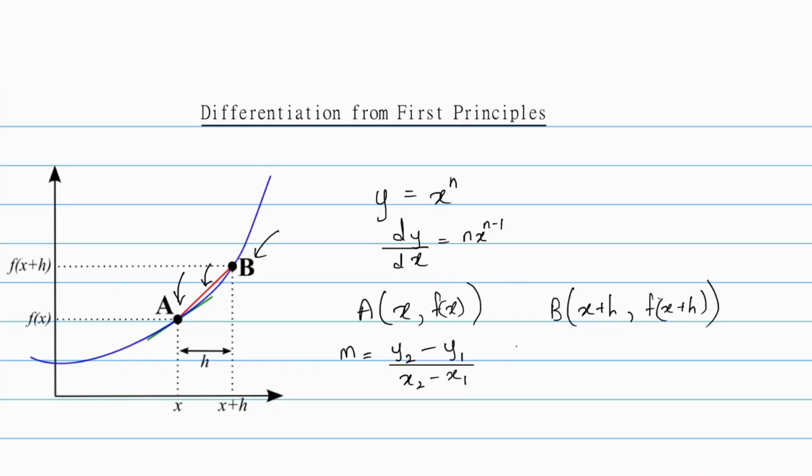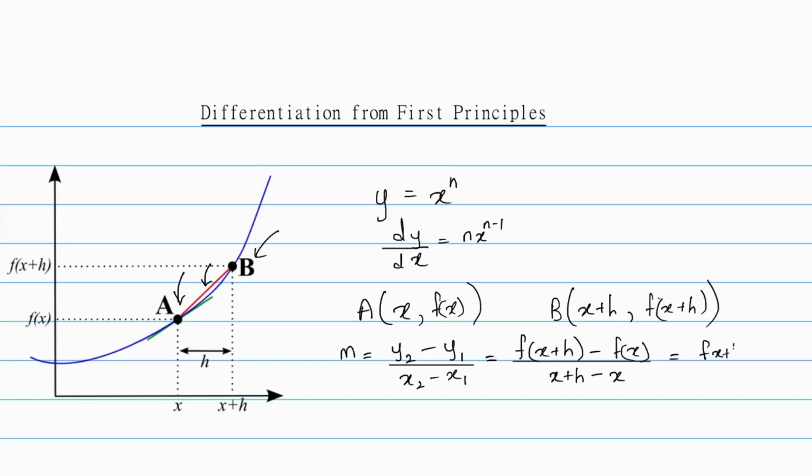So if we substitute these two coordinates of A and B into this equation, considering the slope of the red line, we get f(x plus h) minus f(x) divided by x plus h minus x,